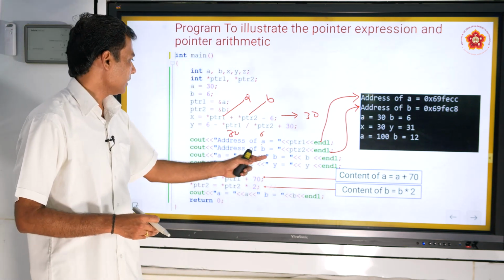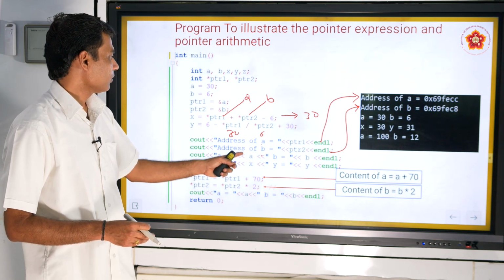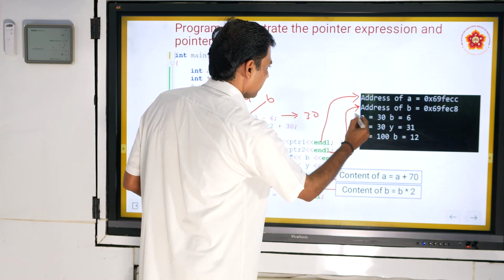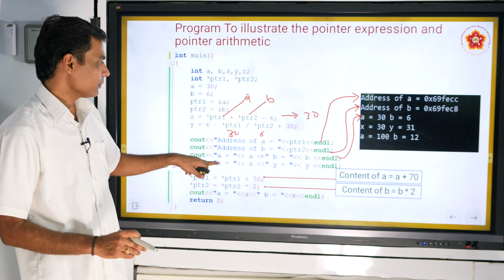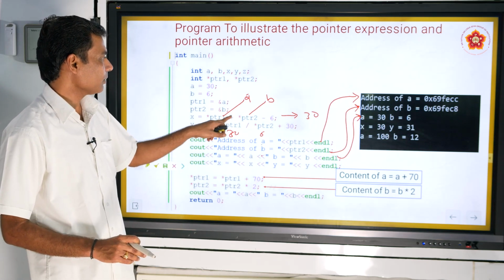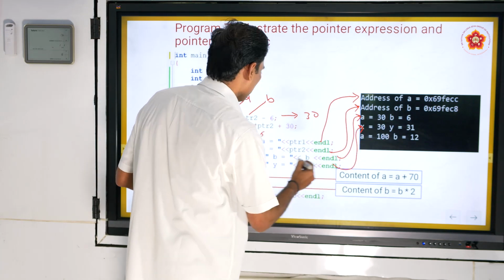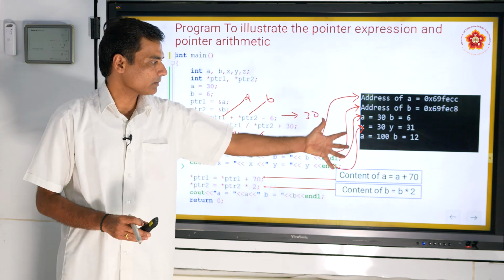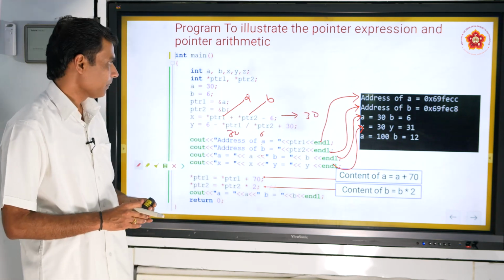Then the value of A is 30 and the value of B is 6. Then we are printing the value of X, the outcome of this expression, which is printed as 30, and Y is 31. So this way we got the output of these 4 statements over here.